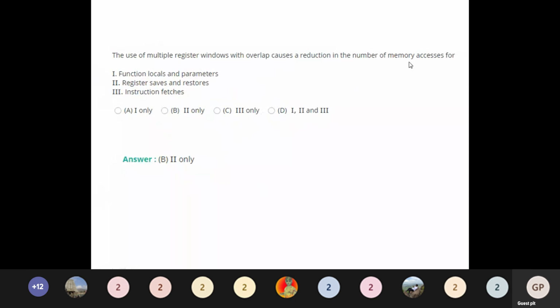The options given are function locals and parameters, register saves and restores, and instruction fetches. The choices are first statement alone, second alone, third alone, and all three.